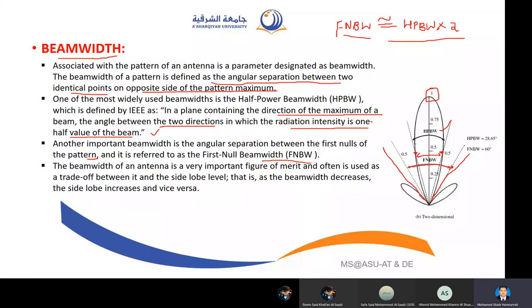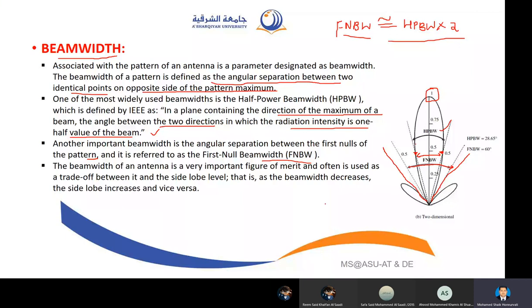So why do we need to understand beam width? Because it is very important. A figure of merit, it helps us understand the level of side lobes. When the antenna radiates, when it starts to transmit electromagnetic waves, ideally we should not get any side lobes. But in practical life, that is not possible. You will have side lobes. But if there are side lobes, you can actually calculate them by calculating the beam width.